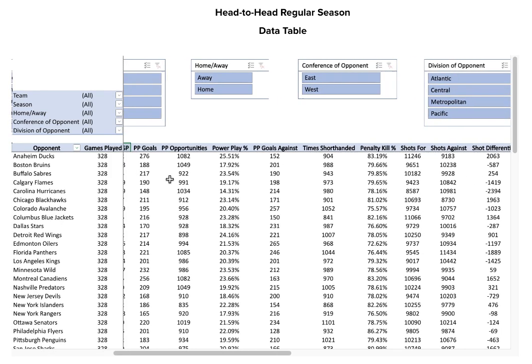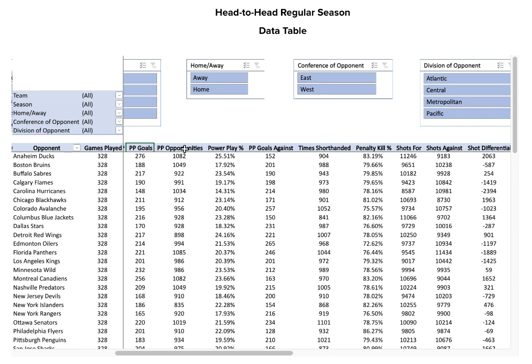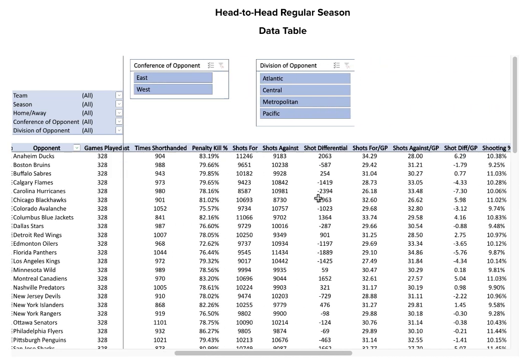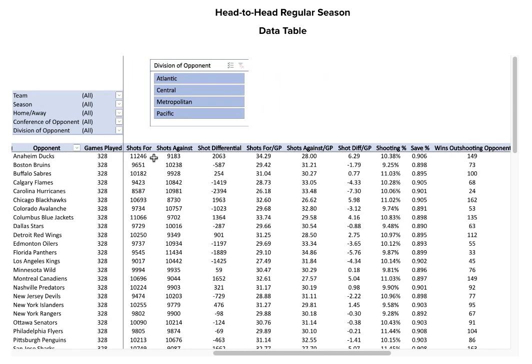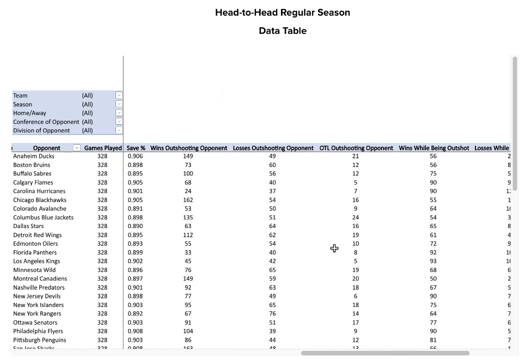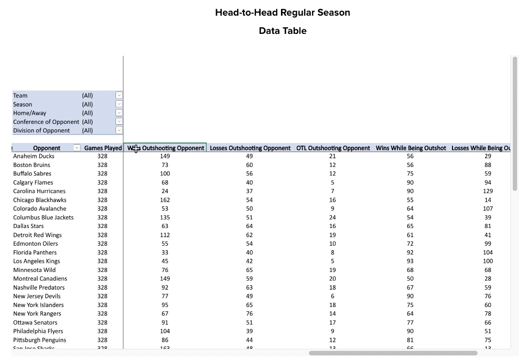Then we have the special team stats. So we have all the power play goals, power play percentage, penalty kill percentage, and so on. And then we have the shooting stats. So we have shots for, shots against per game, that sort of thing, shot differential per game, shooting percentage, and save percentage. And then the final category, we have the combination of wins, losses, overtime losses while outshooting the opponent